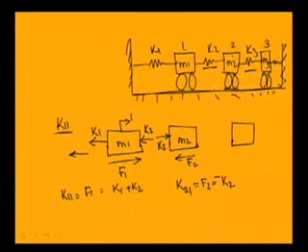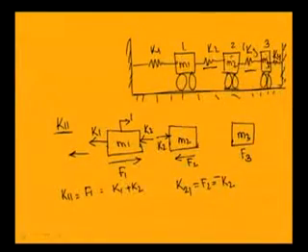Similarly, for mass 3, this is K3 and this is spring K4. As there is no motion of mass 2 and 3, the spring force acting on 3 equals 0 and the spring force acting on 4 equals 0. So, no force is required. As there is no force acting on this mass m3, no force is required to have it at 0 displacement. So, F3 will be equal to 0. So, K31, that is the force required at 3 to have unit displacement at 1 and displacement at other places equal to 0, will be equal to 0.